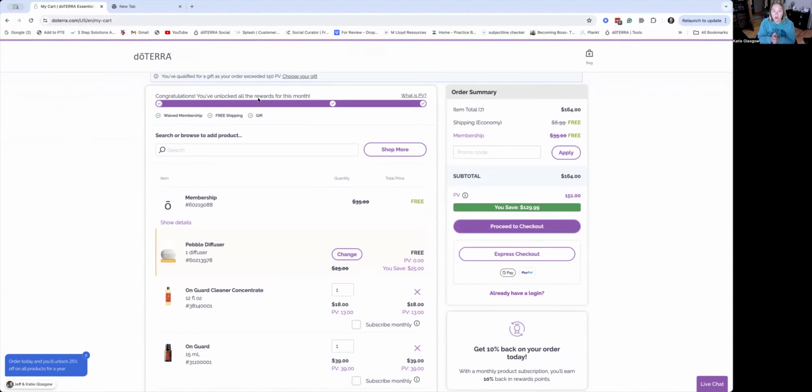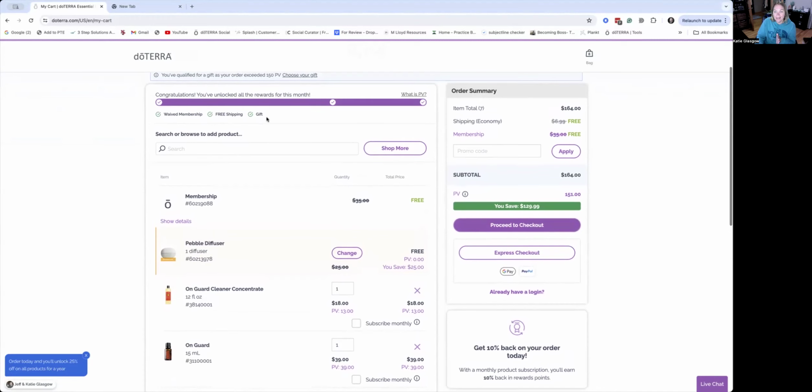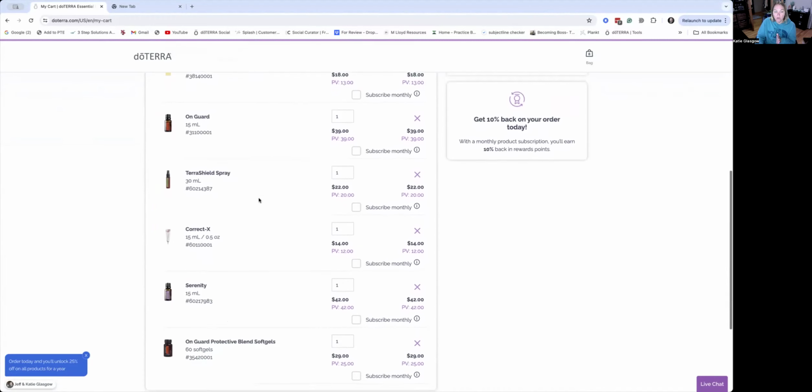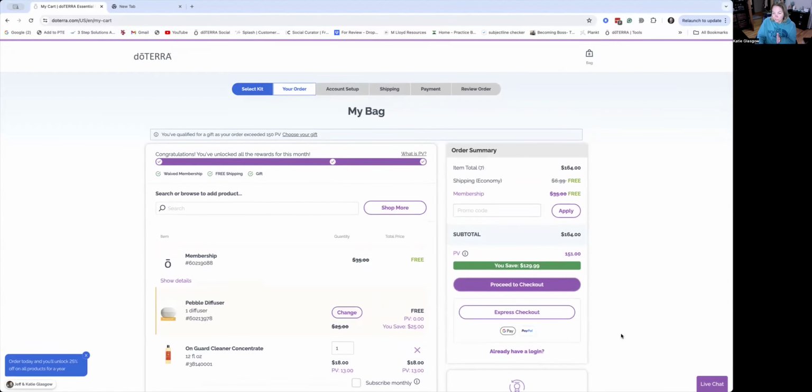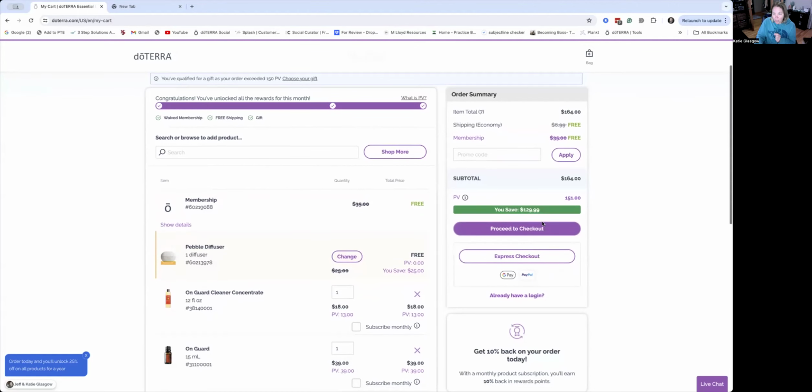Congratulations. You've unlocked all of the awards. You have a waived membership, free shipping, and a gift, right? So all of this is in there in her cart. The other thing that's cool is that you can look over here, and they have this new feature that shows you how much you've saved. So this is going to show you that you didn't pay shipping, so that's free. The membership is free. You can see right here that by getting her membership in green, it's going to tell her, hey, you saved